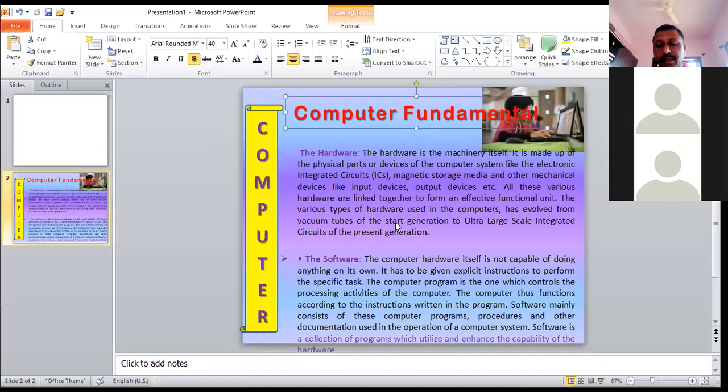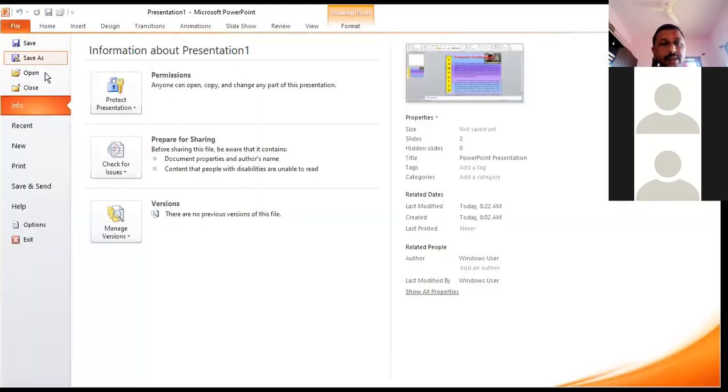Now we can use the other tabs which are left here. I can explain that. Without that, we could not complete another task. We can show the tab which is used for files. In the File tab, what are we going to do? In the File tab, we are going to save our file. Just click on it and you can save our files there. You can go to Save As, Open, Close, Recent, New, Print.